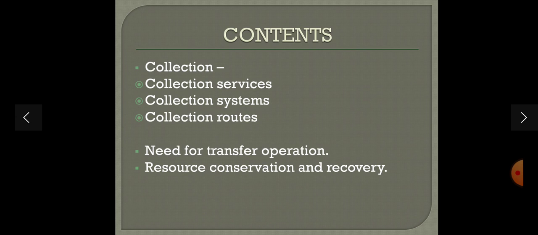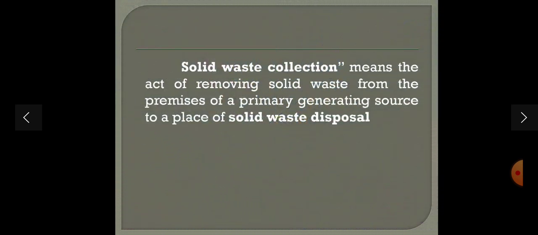Out of the total budget that is needed for any municipal solid waste management, 70% of the budget accounts for the collection. So it is a very important process, and collection just means the act of removing the solid waste from the point where it is generated to a point where it may be disposed. It is a process wherein the waste will be removed from the source where it is generated or stored, and collected in containers or cans, so that it can be transported to the point where it can be disposed.